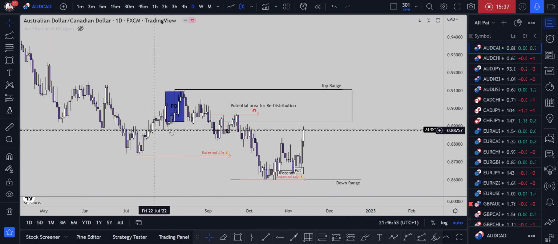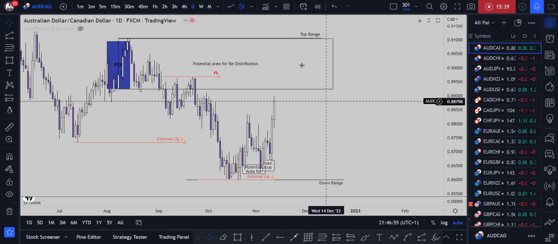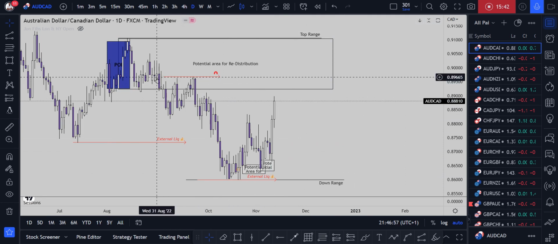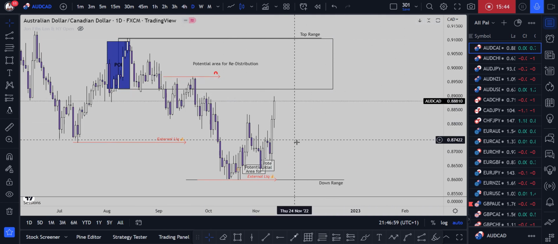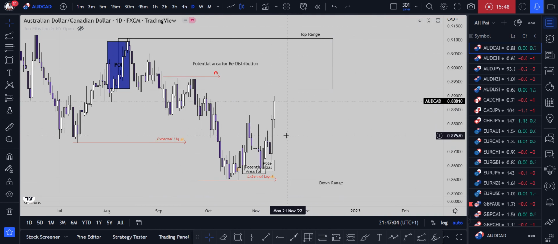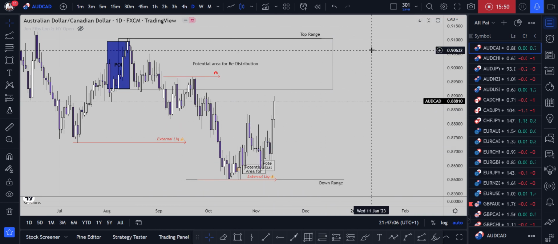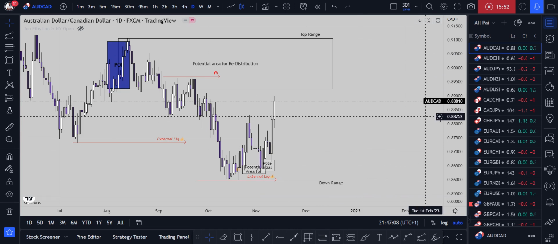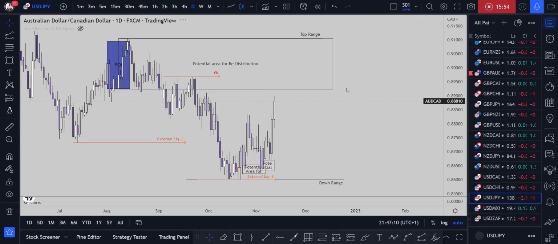So I'll keep my eyes on AUDCAD for a sell, rather. I'm expecting them to sweep all of these highs here. And if I'm to buy, I'll be expecting them to drop a little bit into this area here before I say I want to buy. Next becomes